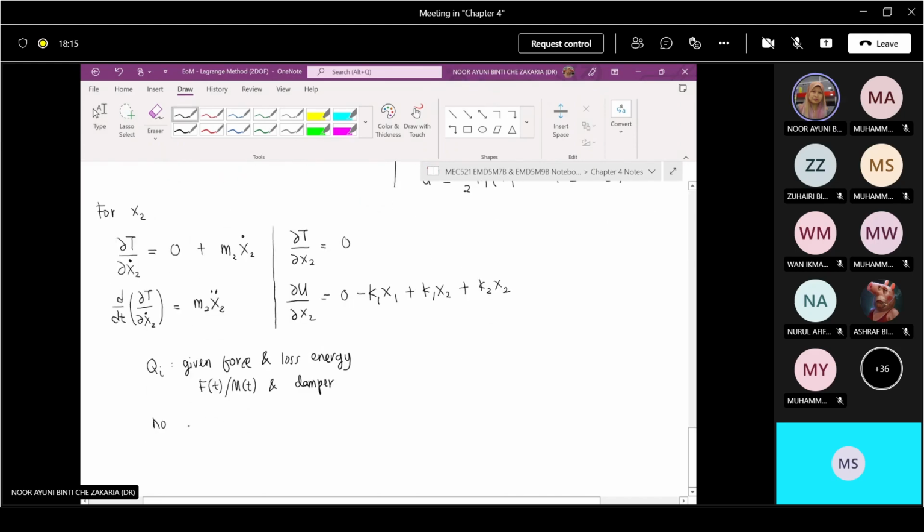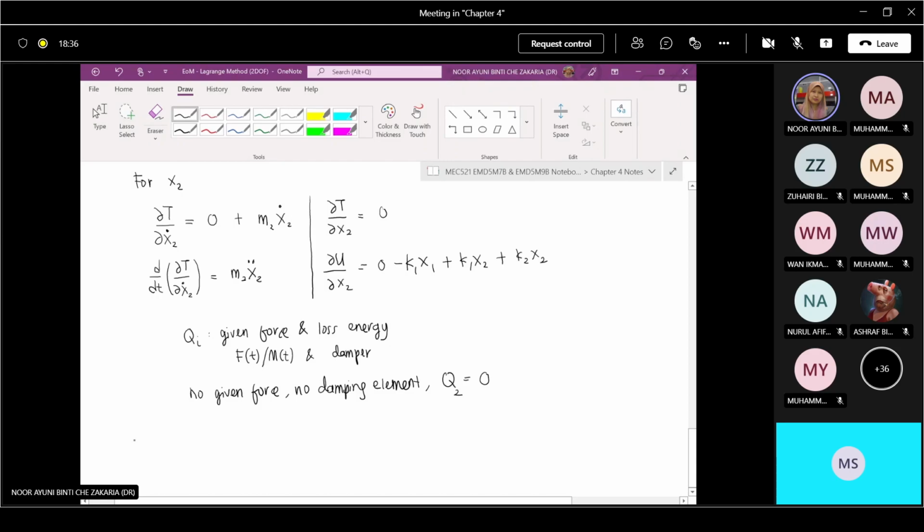So no given force, no damping system, no damping element. Can straight away put Q as a 0. In this case, Q2 lah. Okay, finish. Therefore,